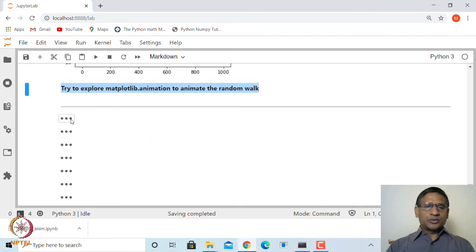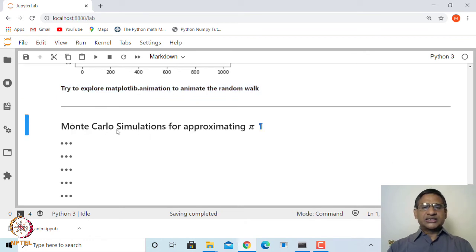Lastly, let us look at one more graph. We have already seen how to approximate pi using Monte Carlo simulation. There we simply generated the points and counted how many points are inside the unit circle and how many are outside the unit circle but inside the unit square. Of course, we worked with only the first quadrant, but we can also work inside all the coordinates.